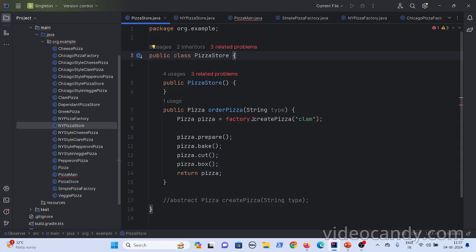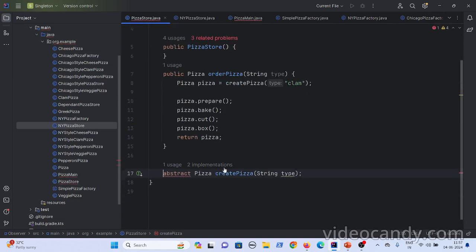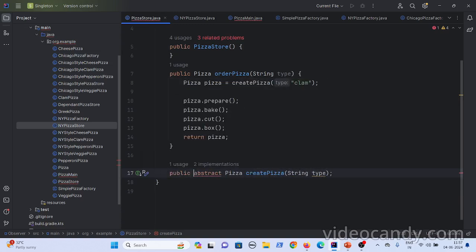Now here I'll create another method for create pizza. If you see here, now you want to create regional pizzas.